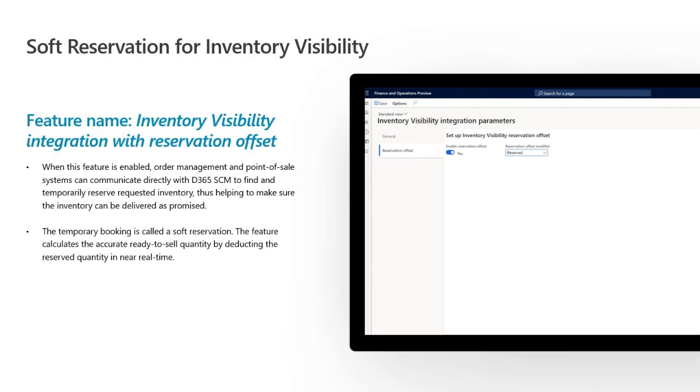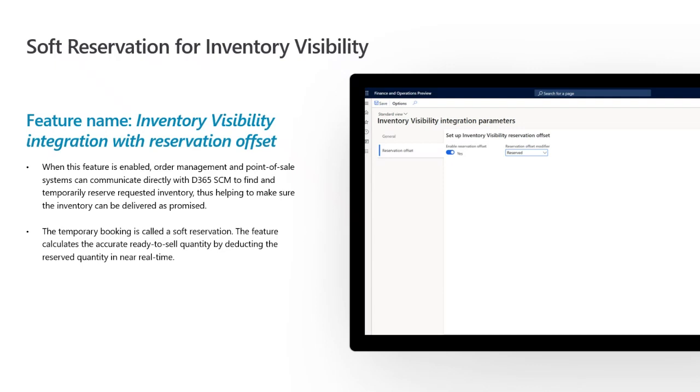It calculates the Dynamics 365 available physical inventory, places a soft reservation, deducting the amount essentially requested by the order. And then it deducts